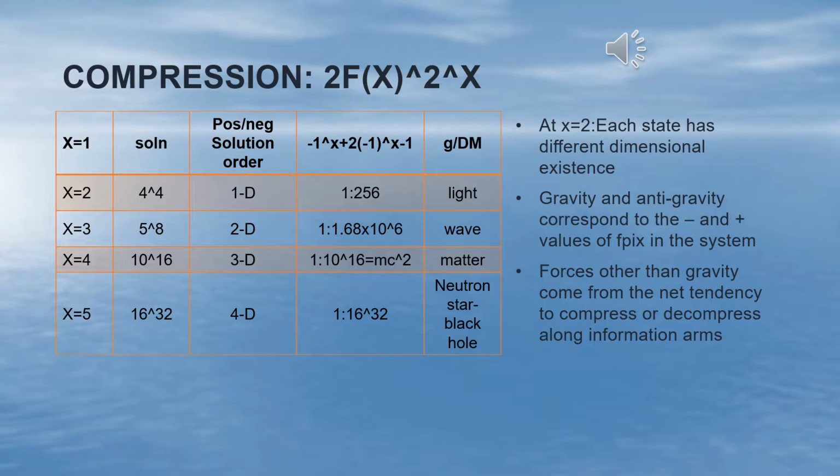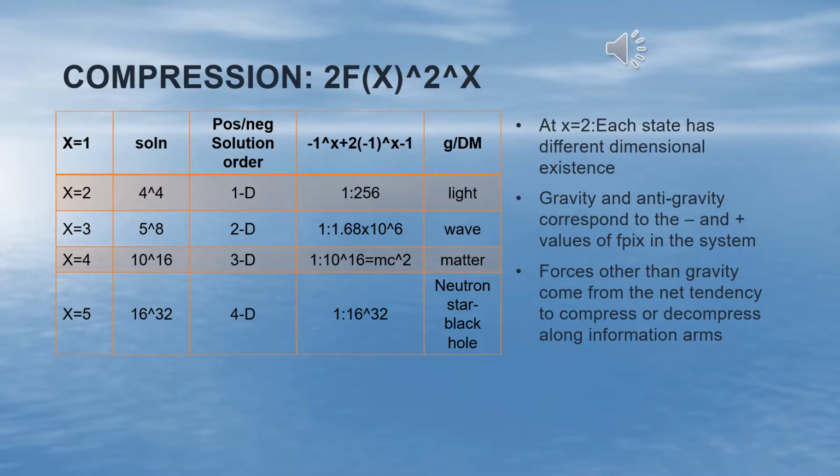This solution order, which is a part of the Fibonacci compression, is very important because it corresponds to the number of dimensions and also is extremely important in determining how things like time dilation and velocity work. All of the detailed features that result from this, force, gravitational features, time dilation, and the like, are going to be covered in separate videos because of the amount of detail necessary in order to present those. However, this underlying compression table contains all of the information necessary in order to evaluate what state is being examined, although transitional states between these are fairly important.